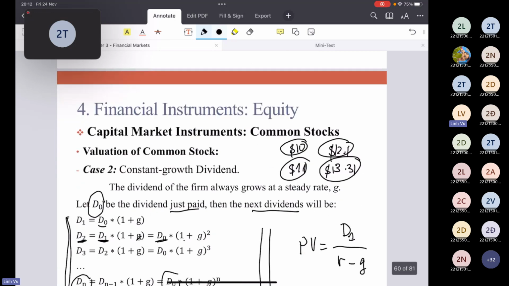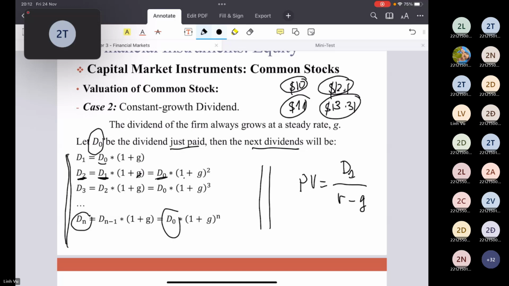And in the second case, we assume that the dividend of the firm increases at a constant rate over time, let's say we have a fixed growth rate of dividend payment. So in this case, you can understand that the cash flow for the stockholders is a growing perpetuity. This means that the investor could receive an increasing amount of dividend after every year. And because the dividend goes on for indefinite time, for dividends we do not have a maturity, and therefore we will apply the PV function of growing perpetuity. The formula you use here is PV equals D1 divided by R minus G. And